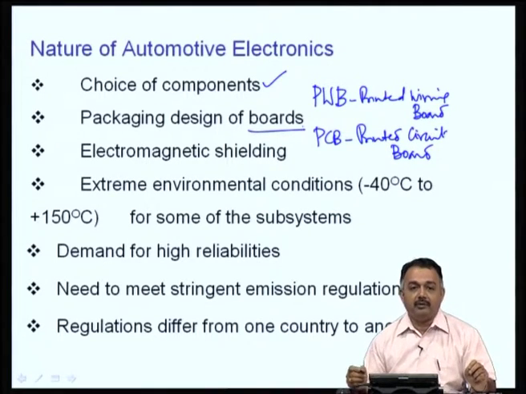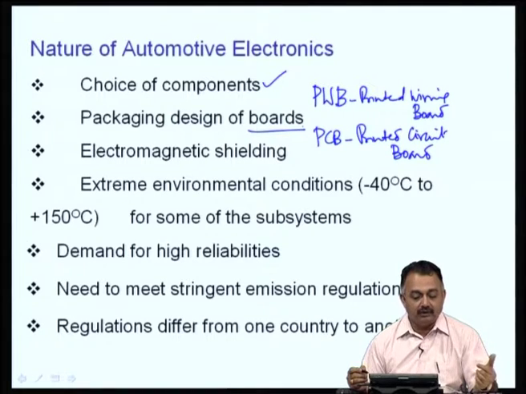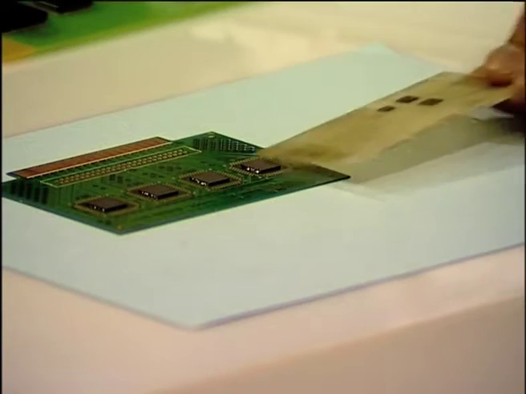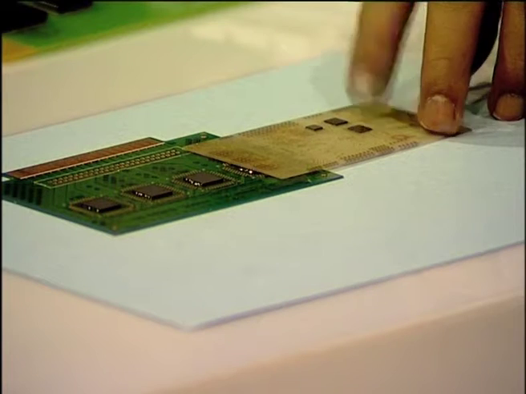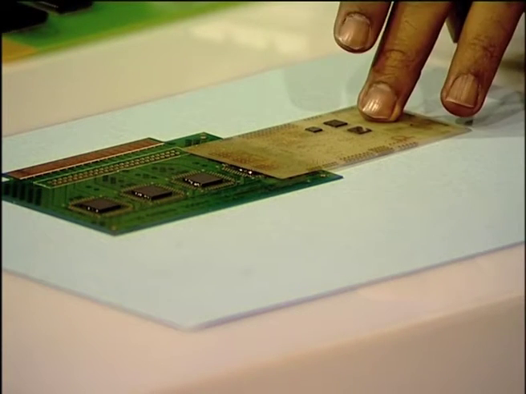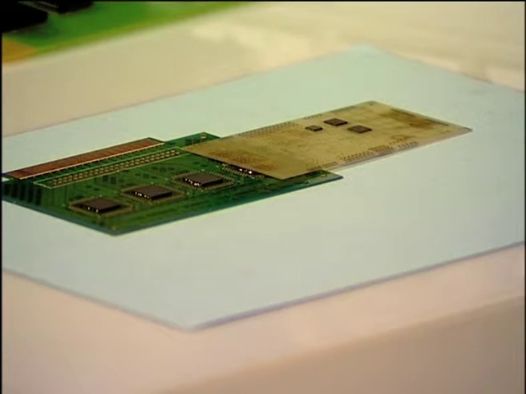So, how can boards be made more efficient? So, can I use a board which is organic in nature for automotive electronics? Can I use a board which is ceramic or inorganic in nature for automobiles? So, these are the conditions that you have to look at. For example, I am going to show you a board here which has got a bare die on top of it. Now, for an automobile electronics, can I use a bare die and a thin laminate like this? Will it work reliably? So, these are the questions that a design engineer should know.